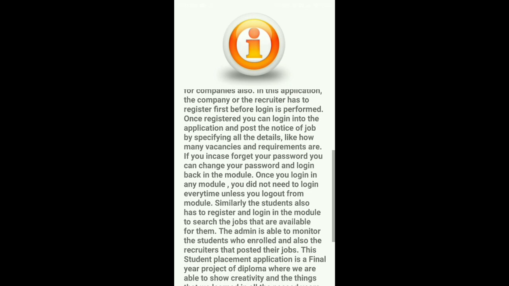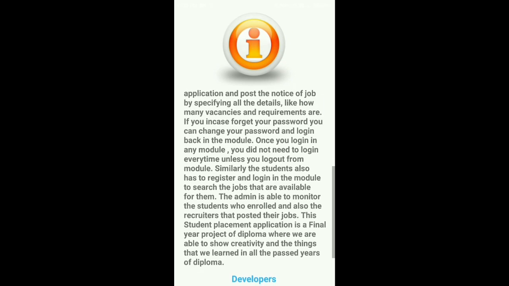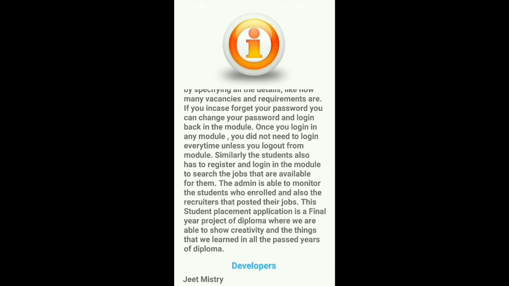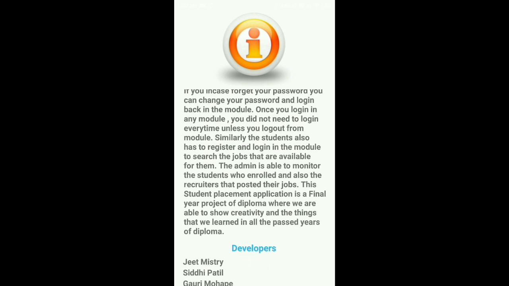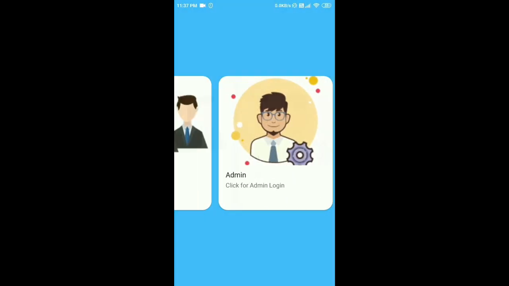So we are using Android Studio. Android Studio is a development environment for the Android operating system. For the database, we have used Firebase real-time database. With the help of this, we can store the data in JSON format and synchronize it in real time. For GitHub, projects are stored in repositories and then brought together by all developers.